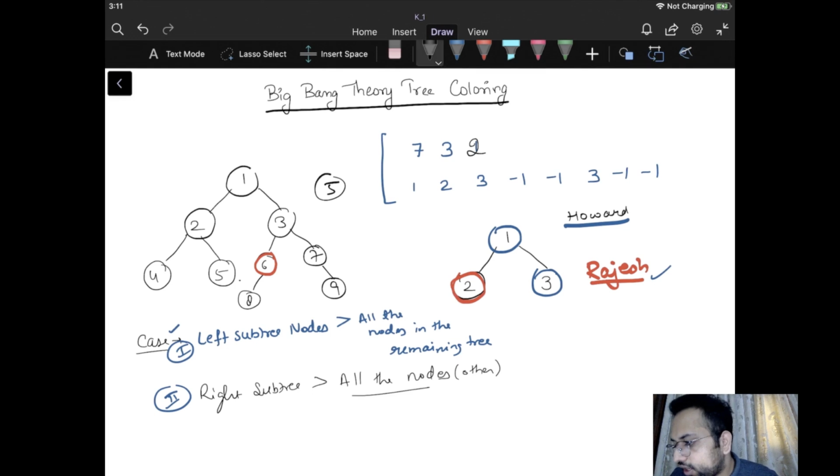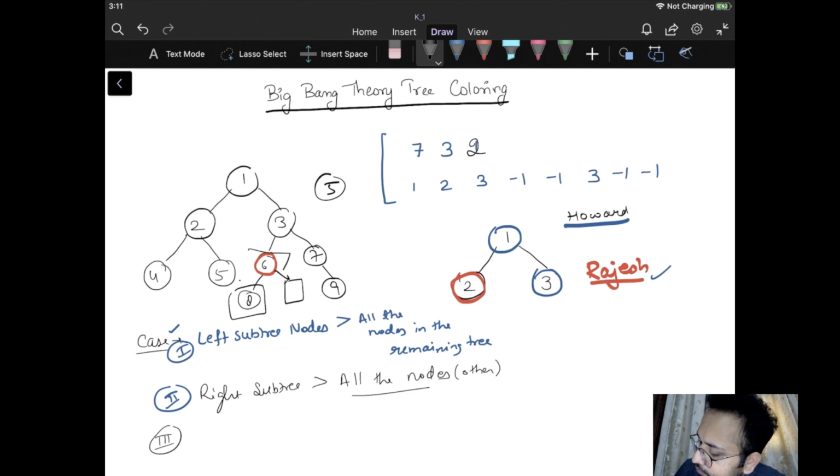So what should I check in this case? We have the third case. This is the left subtree, this is the right subtree, and there is no node below. So I can get the count of this entire subtree, and this count is going to be 2.